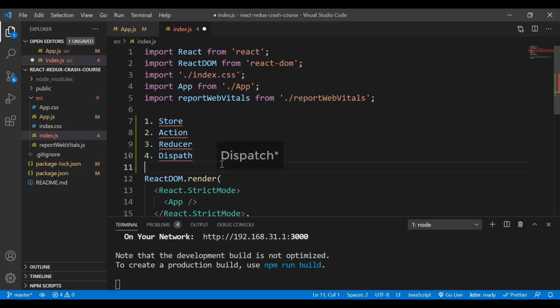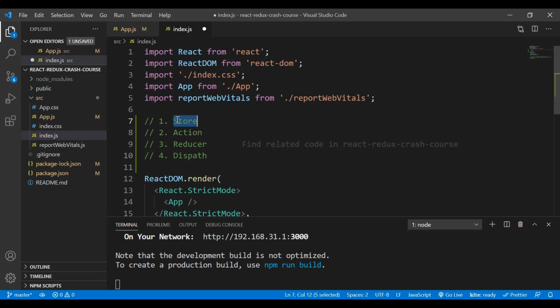So we basically have these 4, right? One is the store. When we're talking about Redux, we have store, we have action, we have reducer, and also we have the dispatch. So for the store here, it is just considered like the global state that can be accessible anywhere within